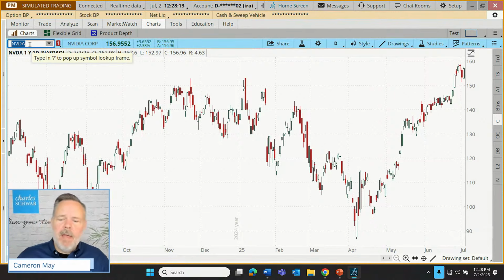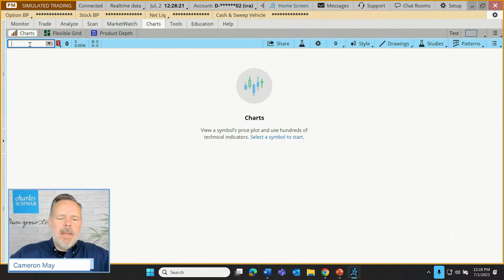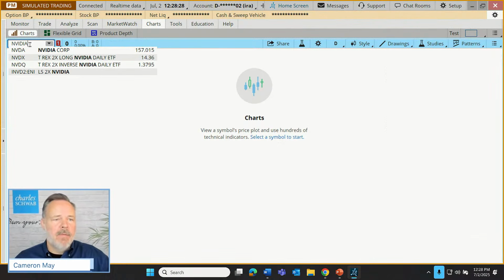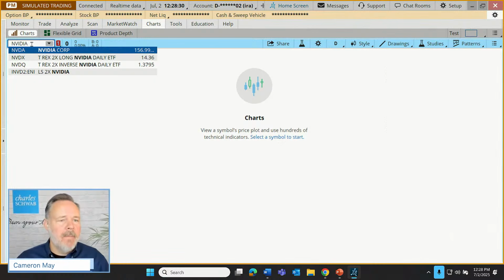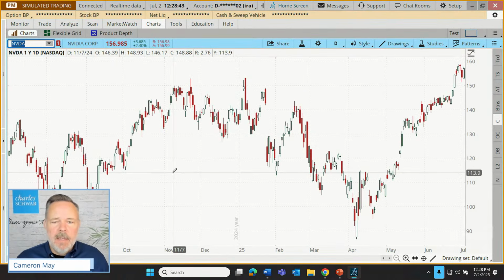When we first type in a symbol, and by the way, if we're starting from a blank slate, let's do that. Oh no, this is literally the beginning. First time we've ever used charts. Well, we can type in our symbol in the upper left, or if we don't know a symbol, we could even just type in the name. So for example, if you know you're looking for NVIDIA, just type in NVIDIA, and a menu will appear that's prompting you, is this what you're looking for? All right, I'm looking for NVIDIA Corporation. So I'm going to click on NVDA, and that brings up a chart.